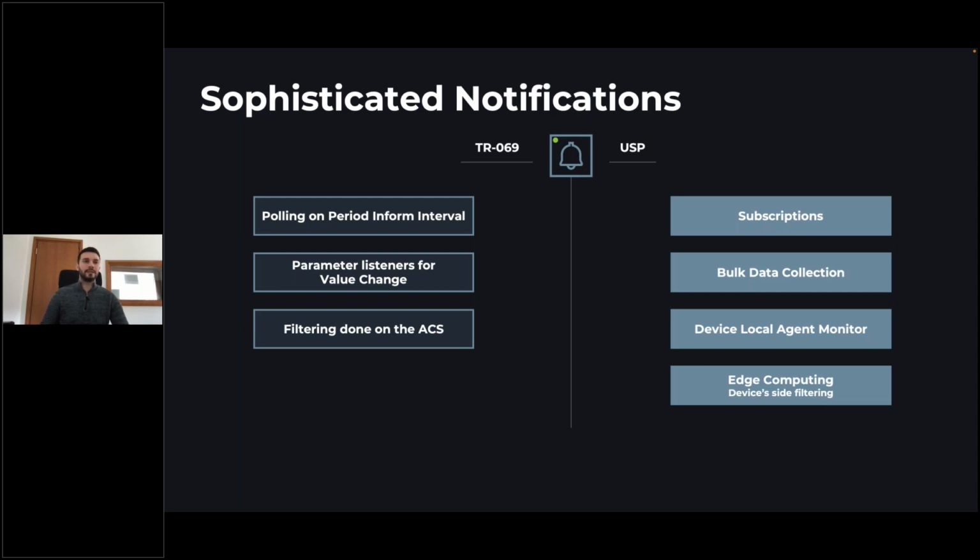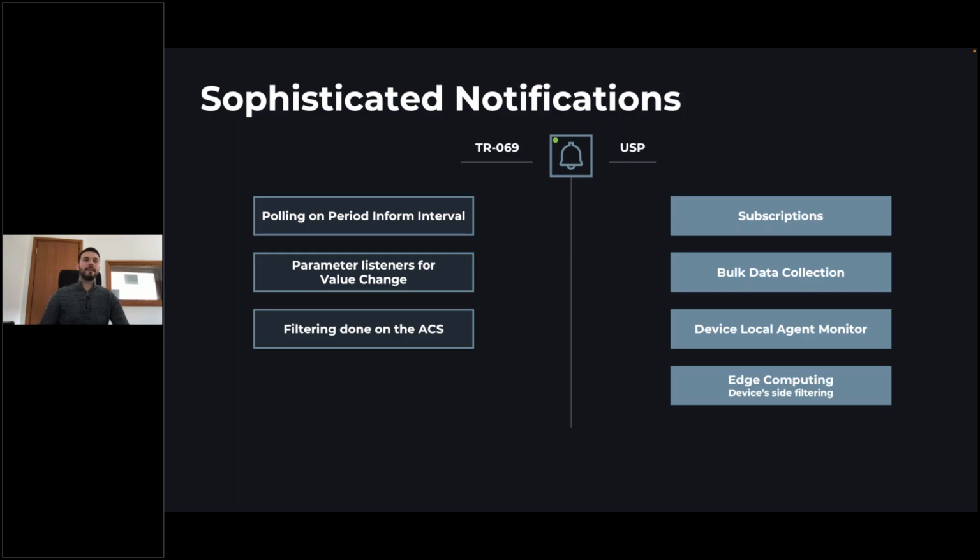Some subtrees are only generated when a change happens, for example, the host subtree having connected devices on the Wi-Fi network of the gateway. First you would need to have a parameter in order to set the value change, so this would also require some additional workarounds in order to figure out when an additional parameter, or rather a host, has been added to the subtree.